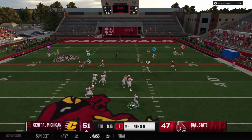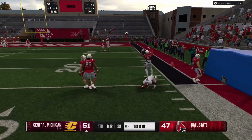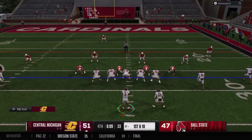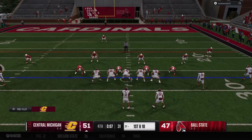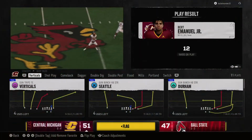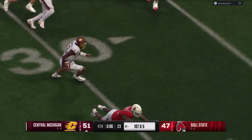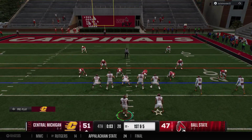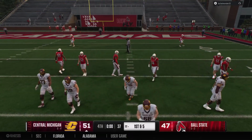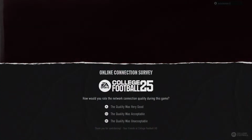He'll go up top, maybe a deciding play here. Trying to make magic with his feet. A really nice run and gain, and he gets down to avoid taking punishment. The Chippewas come to the line in the hurry-up. Looks as if the defense was a little too eager there, got into the neutral zone, and that'll be a 5-yard penalty. So the decision has been made, and the coach will take the penalty. When we get to the off season and they start having coaching clinics, they're going to roll this